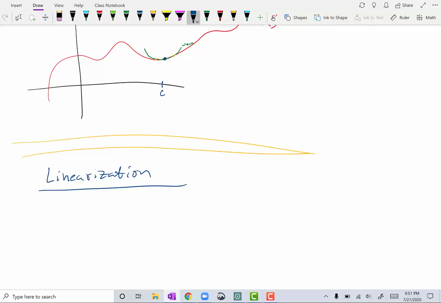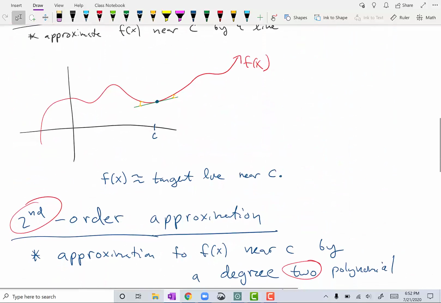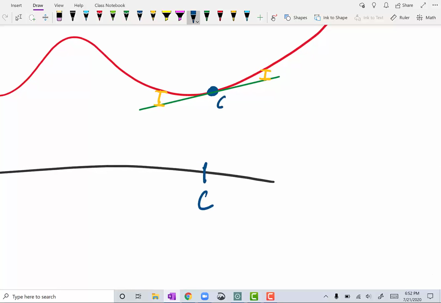So linearization. The idea is that the best approximation to a function f of x near a value c is the tangent line. Okay, so if we go back up to our picture, this point here would be the point c comma f of c, right? And so the formula of this tangent line would be